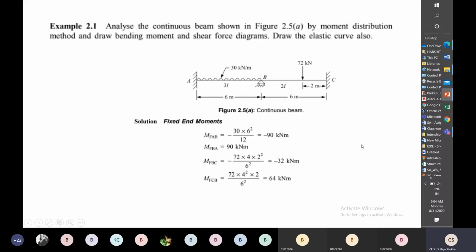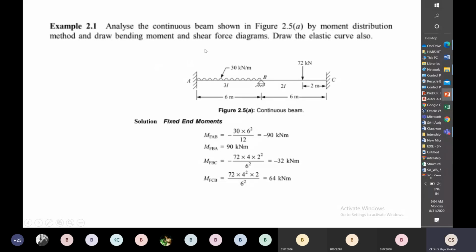In this session, we see the same problem that we have discussed in earlier classes. Since we'll repeat and continue, we go to the next problem. Here we are analyzing a continuous beam with the far end fixed. Both ends are fixed. Here two ends are there, one end A and another end C. Two ends are fixed. How are we going to solve this type of problem? We'll see here.